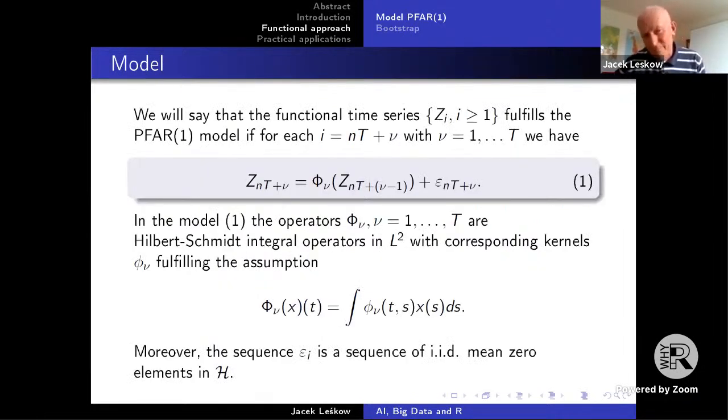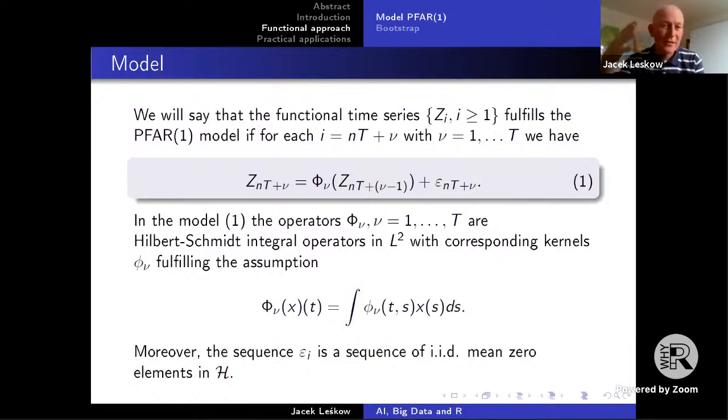We would like to have models. How do we model curves? Well, we can use matrices, of course, but matrices need to be specified in terms of their dimensions. In modern mathematical language, instead of matrices, we can use functionals. I'm not going to bore you to death with mathematical details. What you see as equation 1, to those of you with some background in time series, looks suspiciously similar to the autoregressive model.